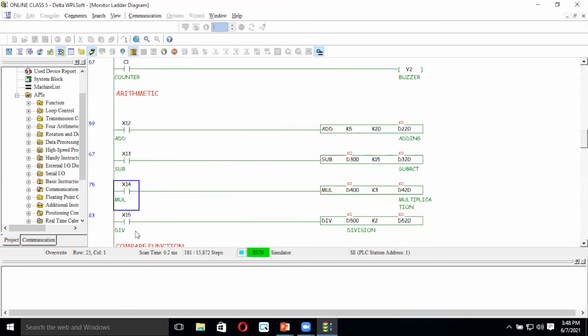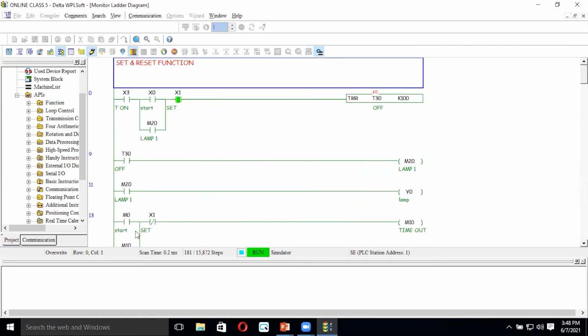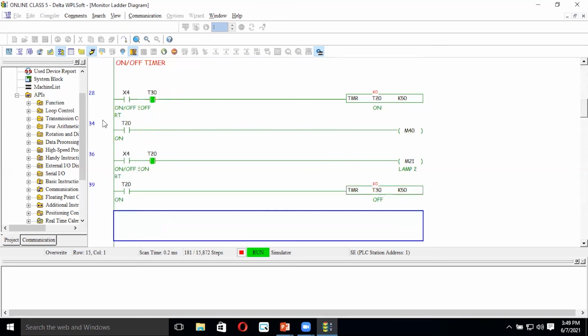So just know about the shortcuts. Just go through the manual about the software, and also go through some manuals about how the PLC works and what instructions it uses. All the PLC softwares are based on the same concept, but how they use it is different. In Delta PLC, TMR is a timer. In some PLCs, just T is a timer. So the instruction methods or instruction mode may be changed, but the logical concepts are always the same.